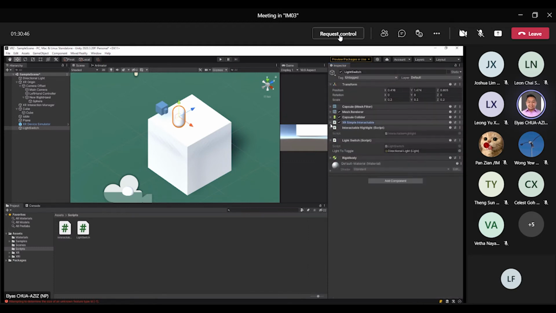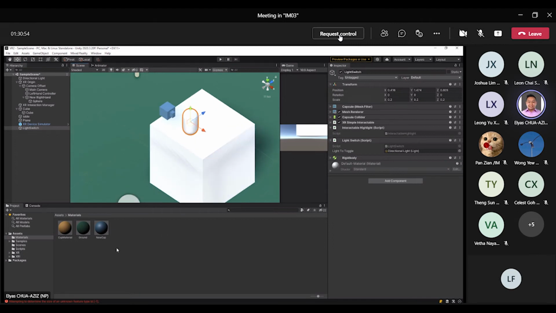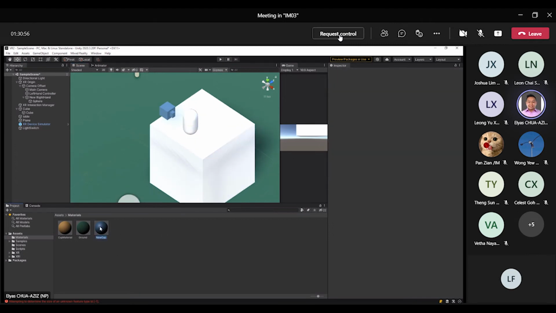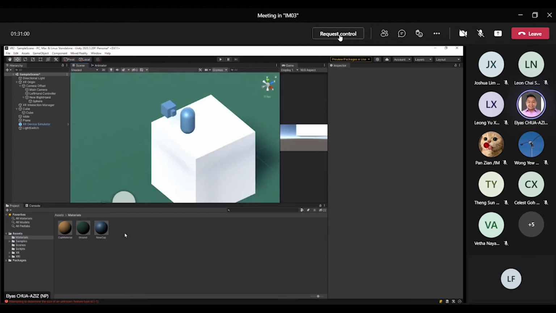Okay, so now what's left is I just need to make sure that my material has the emission property. So this default one doesn't have. So I'm just going to give it the new cup material as well. Okay, I give it a new cup material. So now when I play,